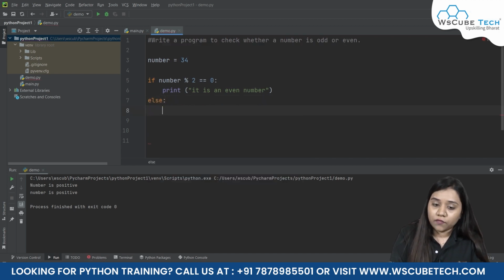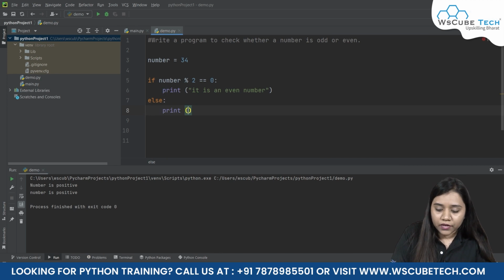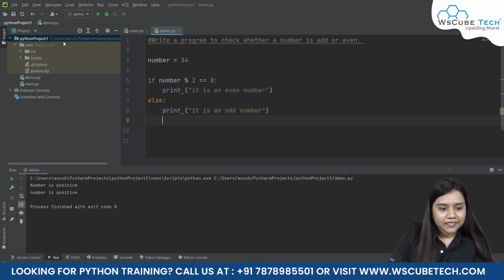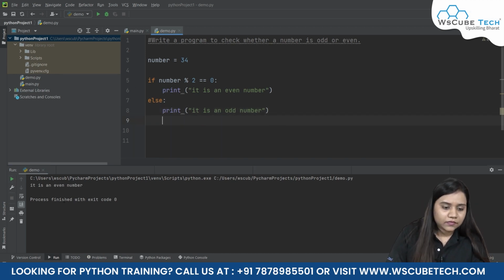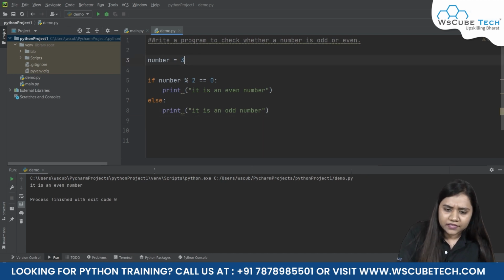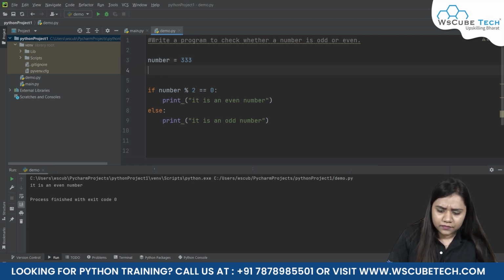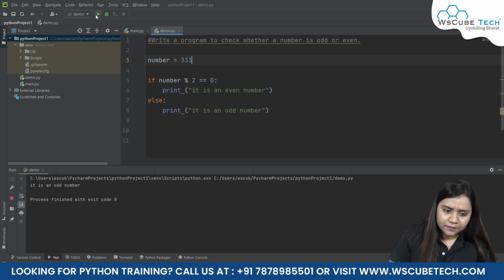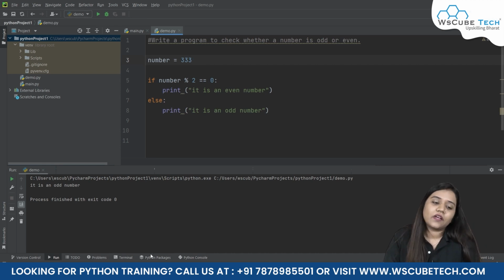With else, we never write any condition and directly we can print it is an odd number. Now let's run our program and see how it works. Okay, our number is an even number. At the same time, if I write 33 or 333 and run this program, it tells me it is an odd number, because once we divide 333 by 2, it will not give us a remainder 0, it will give us a remainder 1, which is not